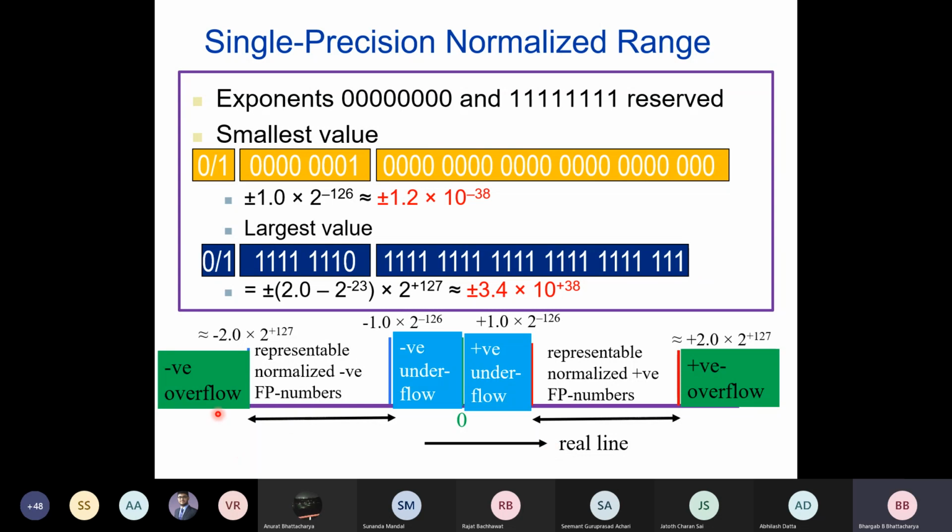Now, one thing I want to mention is that the real line is a continuous line, right? But when you represent it using floating point, you are representing it at discrete intervals. You can represent numbers here, but in a discrete fashion, because we have finitely many combinations of zeros and ones here. So it is not a true reflection of the real line. It is the discretized value of the real line. You understand what I mean?